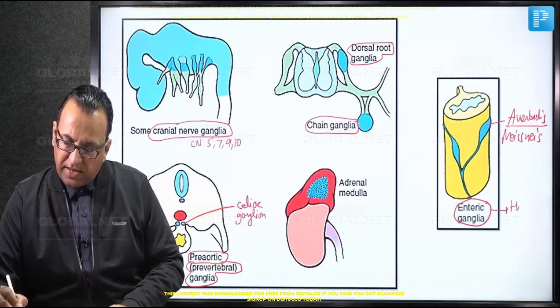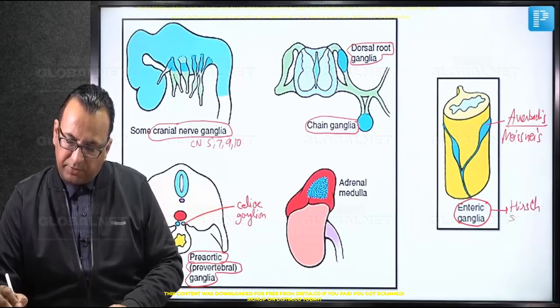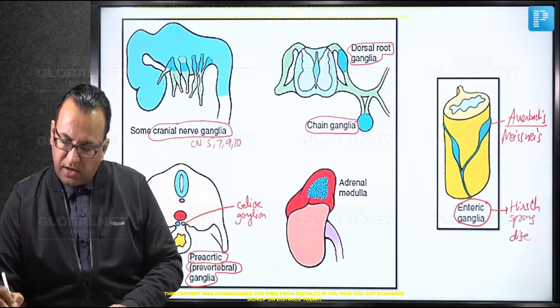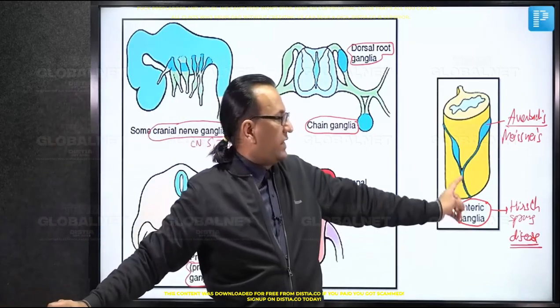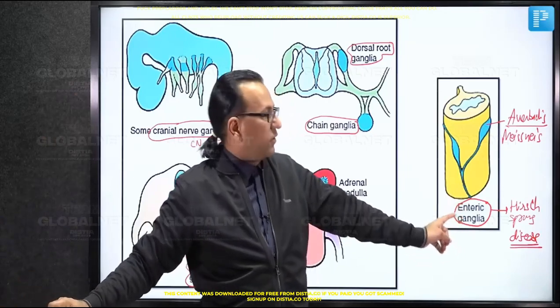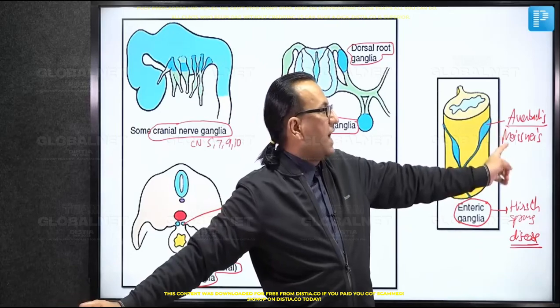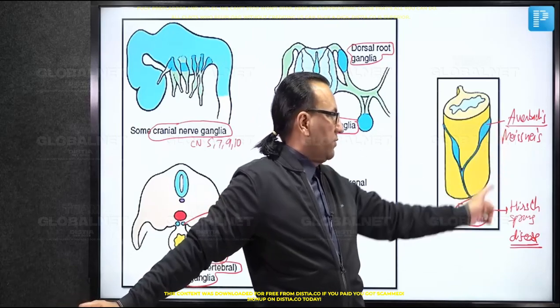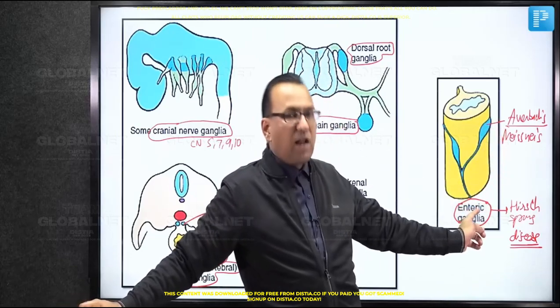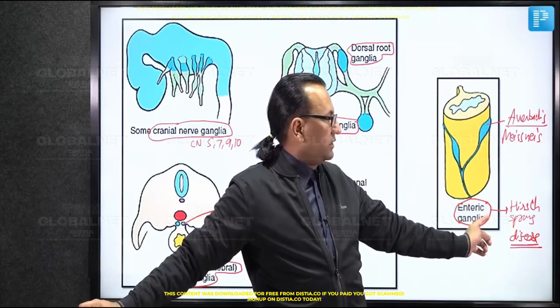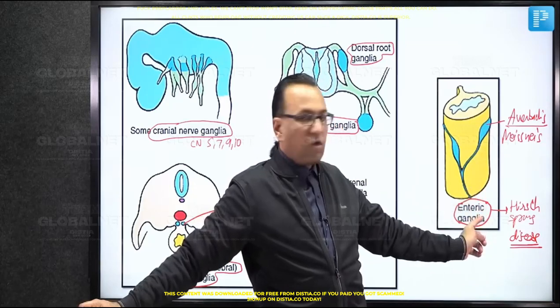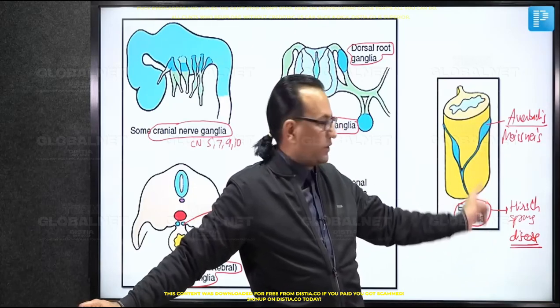And in diseases like Hirschsprung disease, what happens is the neural crest cells are not migrating and reaching the distal colon. And obviously, if you do not have neural crest cells, you will not have the ganglia, and there will be aganglionic colon, leading to some retention of fecal matter, enlargement of the colon, megacolon. We'll be discussing all those details, but the basic problem is non-migration of neural crest cells, absence of neural crest